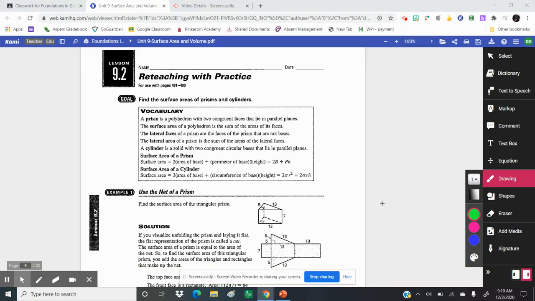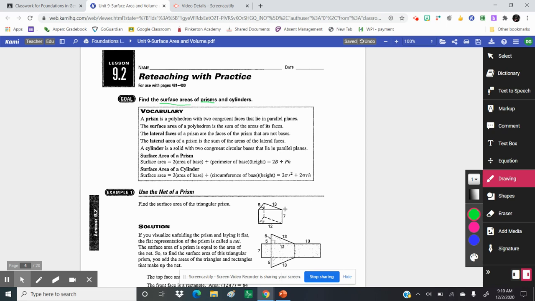All right, in 9.2, we're going to start to find the surface area of prisms and cylinders. So first you have to know what a prism and a cylinder is. We already talked about what a prism is. If you remember, a prism is something that has two parallel bases that are polygons. So again, a very good example would be